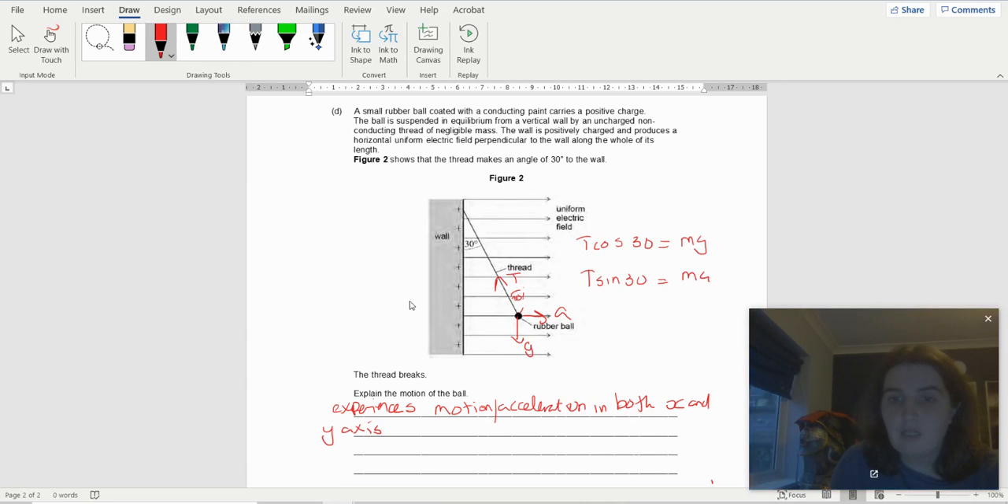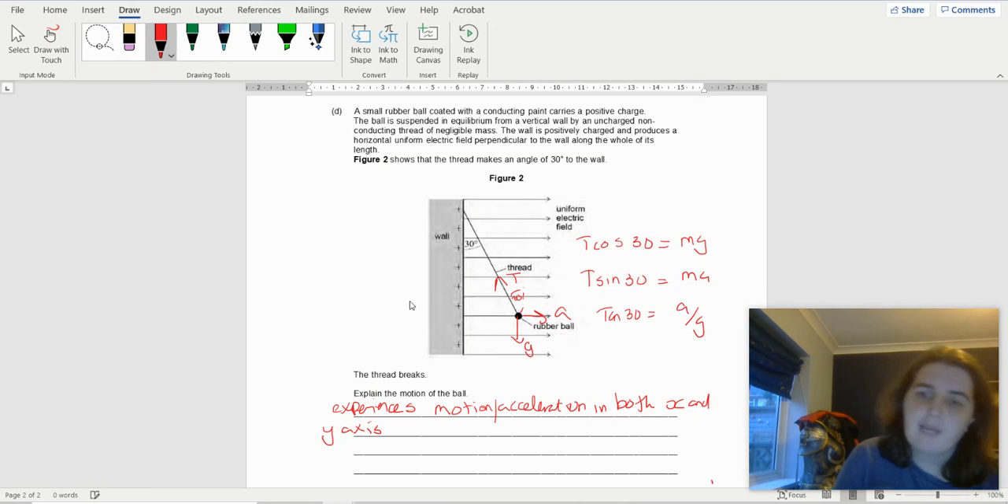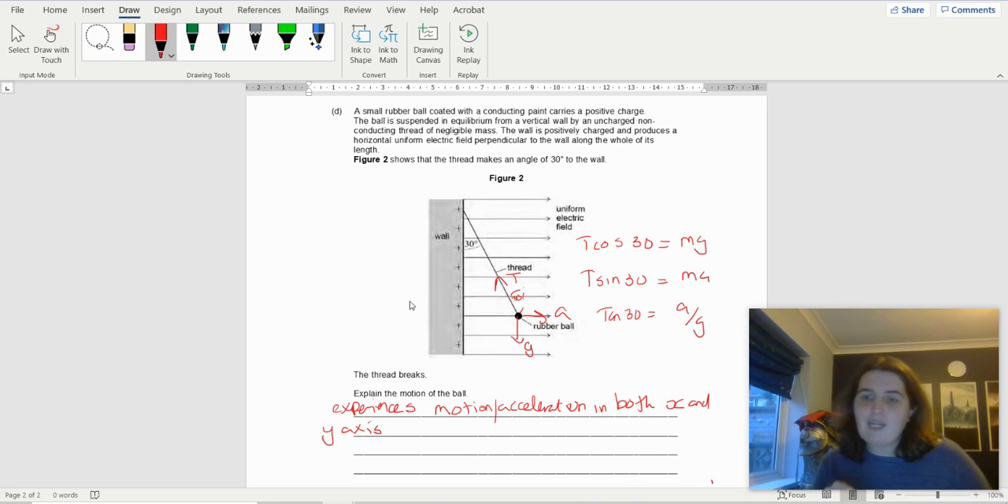So we can divide those by each other. I can do sine over cos, so T sin 30 over T cos 30. So I end up with tan 30 equals a over g. Okay, so because it is at an angle, the relationship between those two is the same, because g is going to be constant and so is a. Because we are at equilibrium at this point, when you break the thread, it's going to move with a resultant in this direction. This is the resultant,